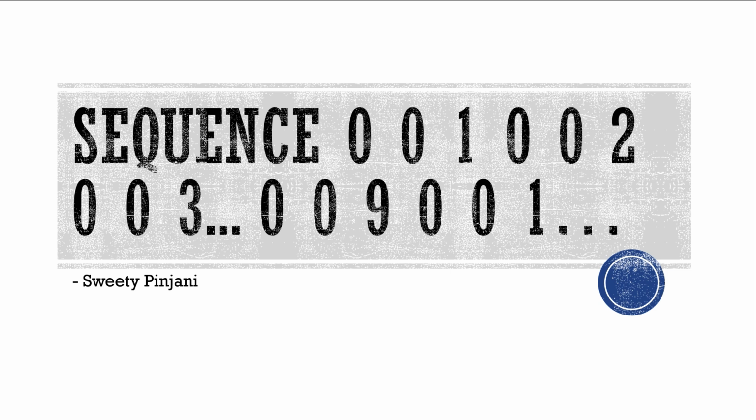Today we are going to see one another interesting coding example of System Verilog. You need to generate the below sequence. If you observe the sequence 001, 002, 003, so on up till 009, then again 001 and so on, what do you understand in this sequence? First, we should understand the sequence and then we will understand how to code it.